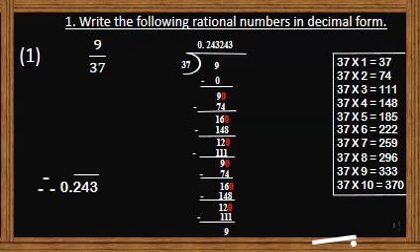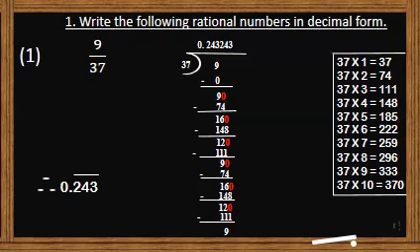So students, in this exercise we will study how to divide a fraction into decimal form. I trust that you all know how to divide, because you have studied division and multiplication in your previous standard. By following the same process, we will solve the problems of exercise 1.3. The first sum is 9 divided by 37. We have to divide 9 by 37.